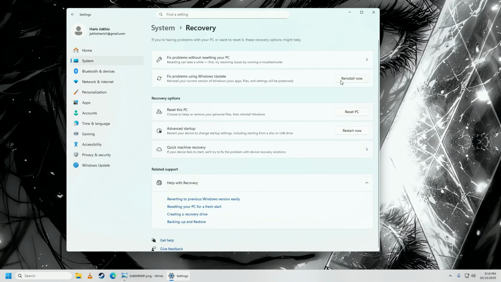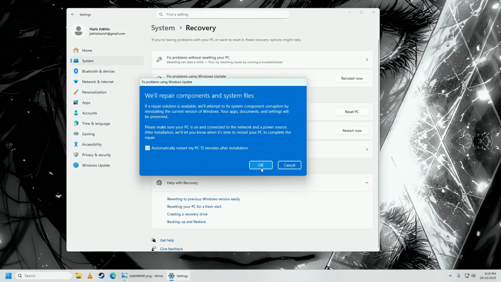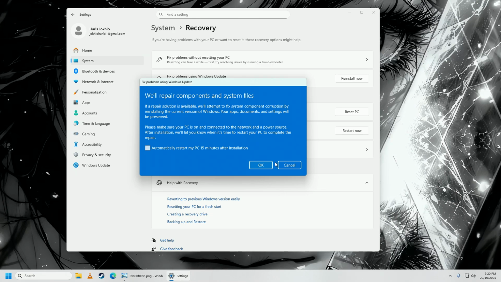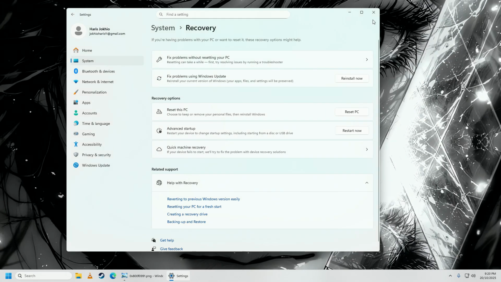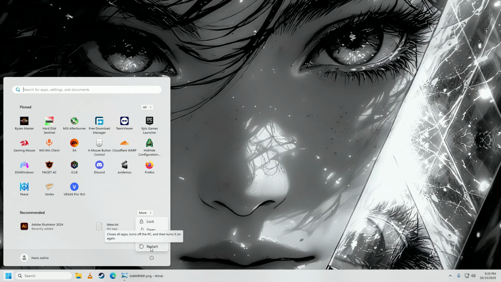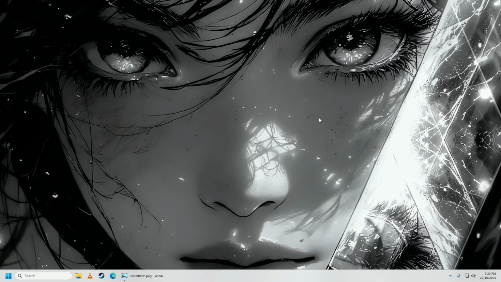You're going to click onto Reinstall Now right next to Fix Problems using Windows Update. You're going to click OK on here. And once you click on OK, Windows will fix that problem using Windows Update. After that, you're going to go ahead and restart your computer. And once you're done with restarting your computer, then Windows will have fixed that error